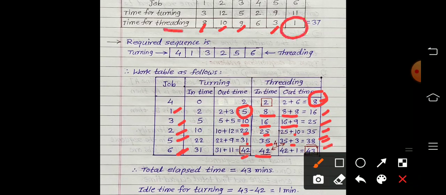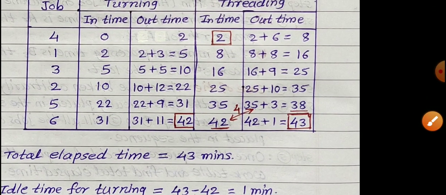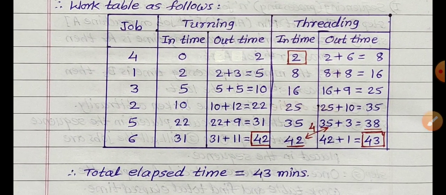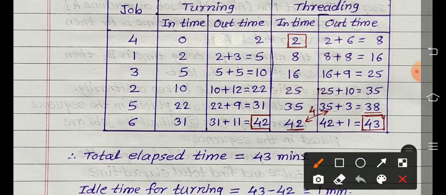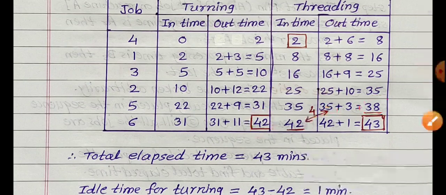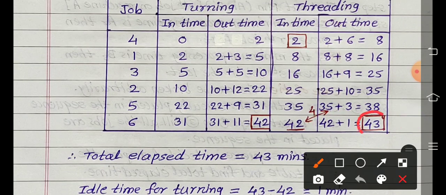Getting all of you? Now check that. Now in this, the work table is formed here. But here what is the difference between these two numbers, 38 and 42? Because we entered which number? The greater number in the case of these two. So for the first machine and the second machine, at the time of adding, which number is greater? So 42. So there is a difference of 4 minutes, whatever the time unit given. So the last number we get is 43.